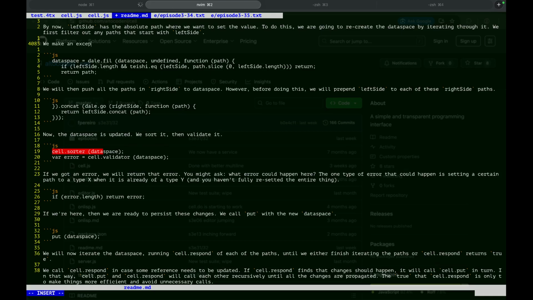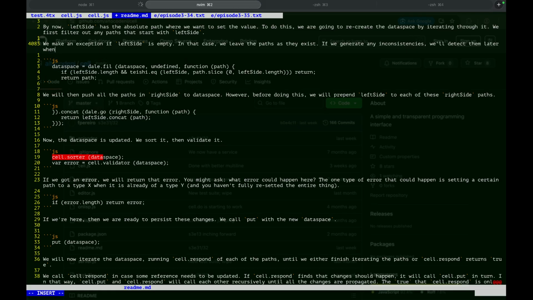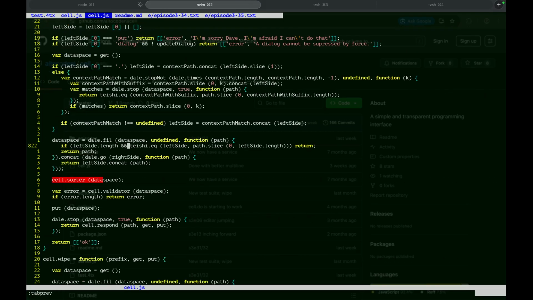Make an exception if the left side is empty. In that case, we leave the paths as they exist. If we generate any inconsistencies, we'll detect them later when validating. Actually, we can make it like this. If left side length